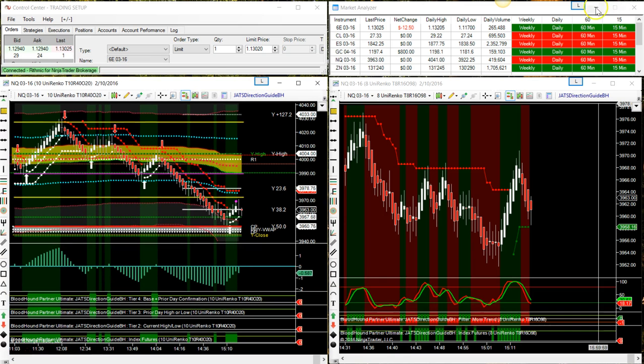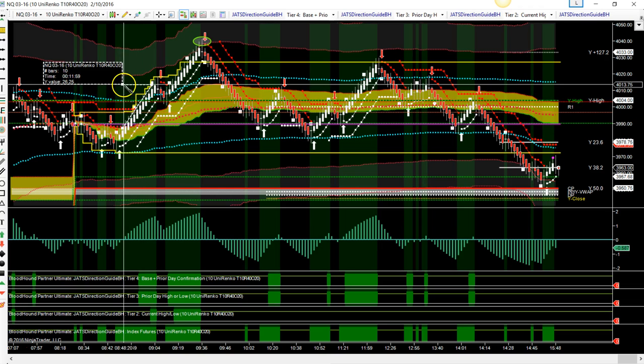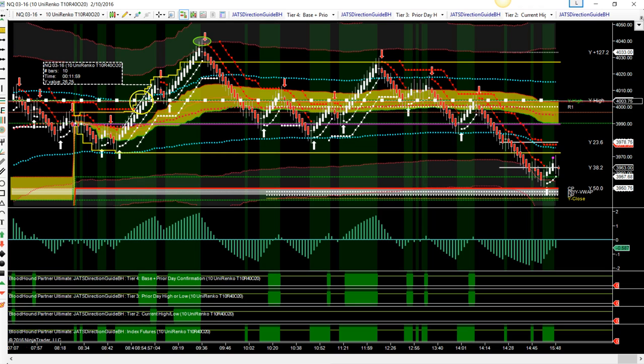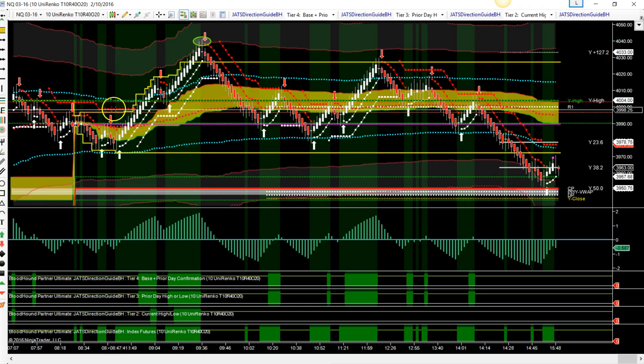But again, most of the time you would be trading definitely against the weekly daily, and that's really a big no-no for the direction guide. You want to trade always in the direction of the weekly daily. But still you had your short-term trend opportunities. This was not a trade because this first one, even though it made money, you're trading against the